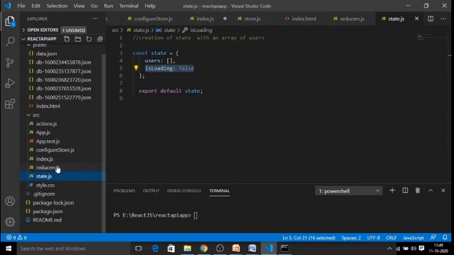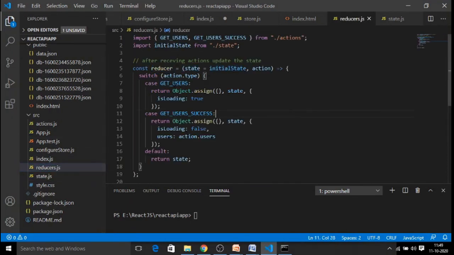Now when you go to reducers, that users is loaded here. Once the initial state is users as an empty array, whenever the action is triggered, meaning when the user is going to perform get users, isLoading will become true, and it will load all the user details. Once all the user details are available here, it will return the state.